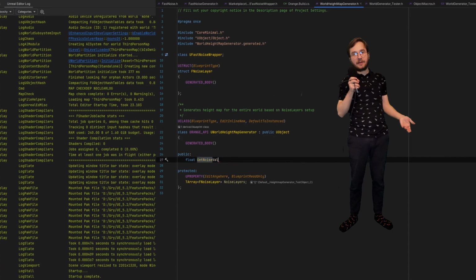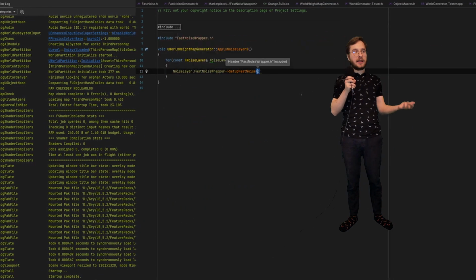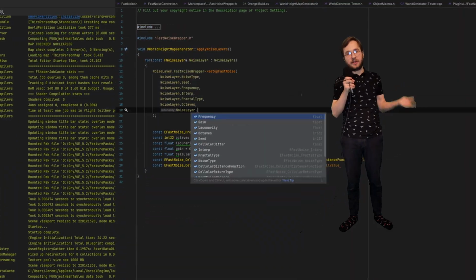After that, I implemented a base noise layer that I will later on use to build some more complicated structures. Finally, I could add it all together, place the noise layer inside the noise generator and the noise generator inside a noise tester, and